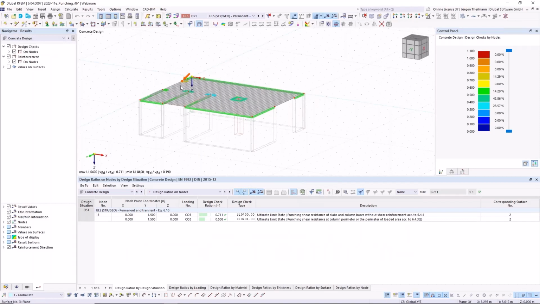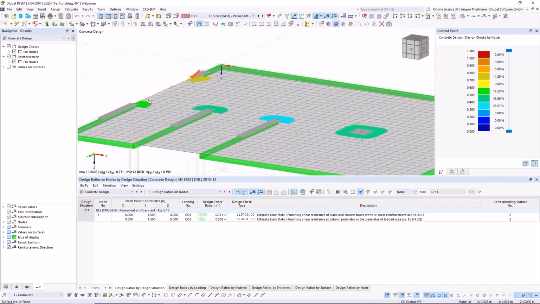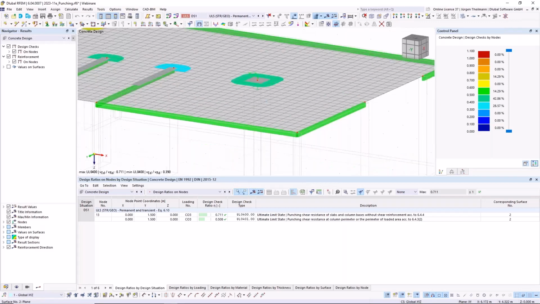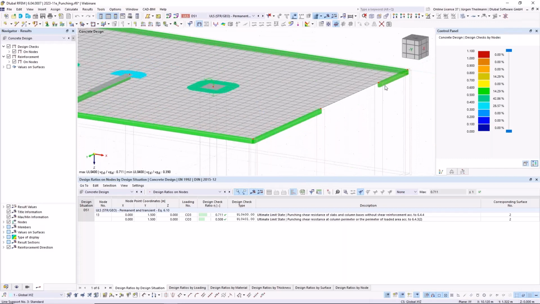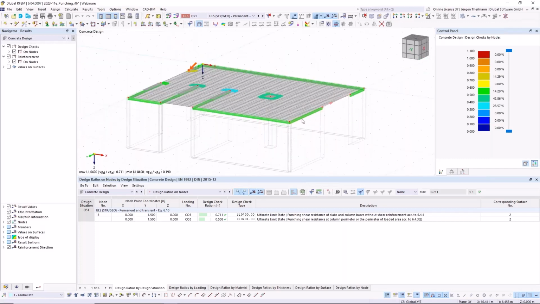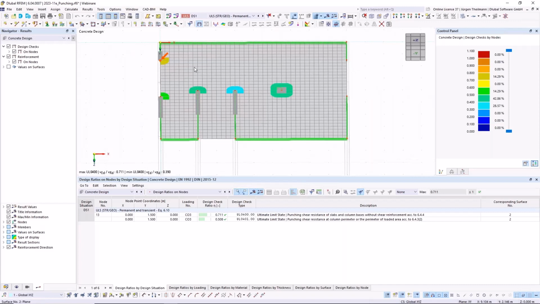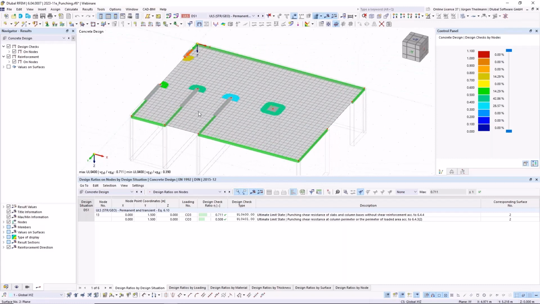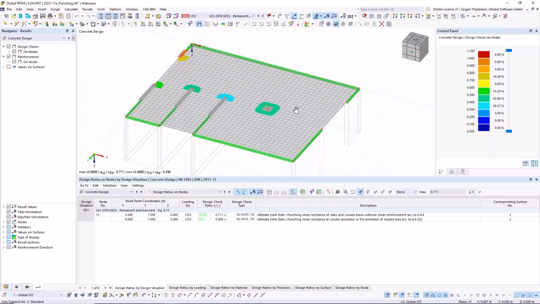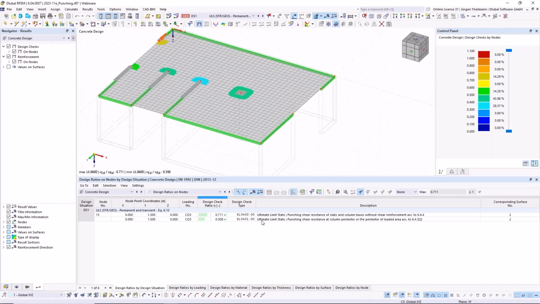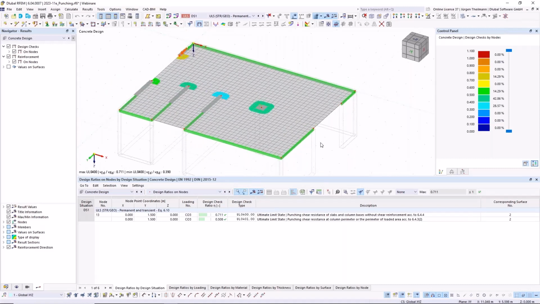Okay, you can now see I have visualized my punching design checks here and here and here. But suddenly on the right side, there's no punching design fulfilled. I turn the model around. You can see this is very similar to the left one. Here's the right one. And you can see that the wall end is not considered by the program, and therefore there is no punching design. I also have no error message whatsoever. And well, that's what we usually get in the support.